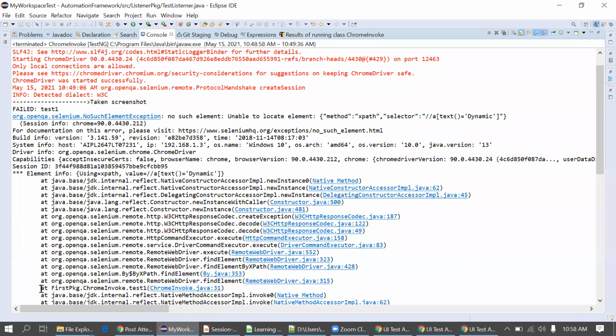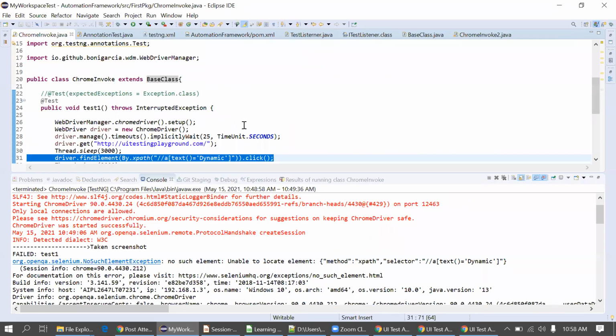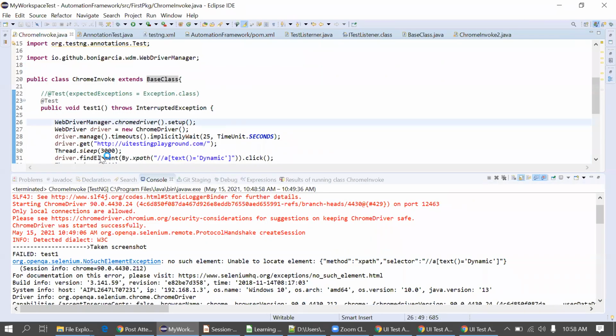Now you can see at first package Chromium test1. This is our code. We can simply go to this line number, and if you know the meaning of this line, driver.findElement by XPath, you might check. You just log into the website and check whether this XPath is correct or not. Or you can simply apply the fix here at this point only.